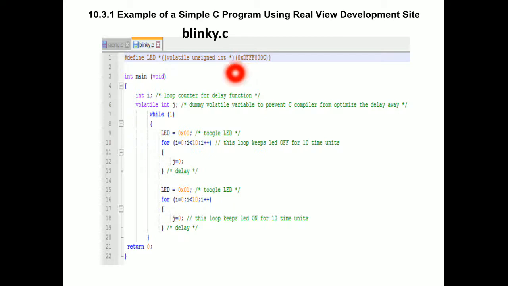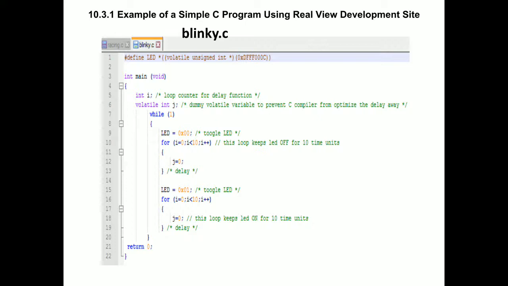Here we are writing the main program. Within the main program we need to create a loop to turn the LED on and to turn the LED off. Between turning on and off there should be some delay. For delay, we mean counting, a time count. There should be a delay of 5 seconds, or 10 seconds. When we turn on the LED, it should stay on for some time until we turn it off.